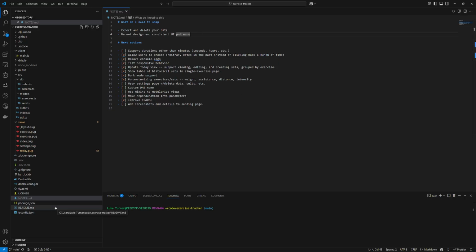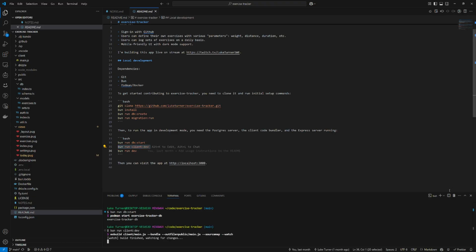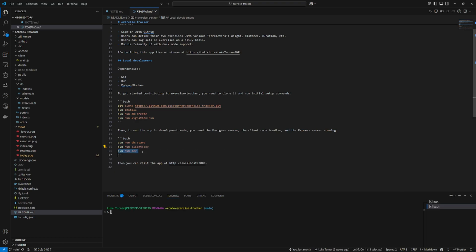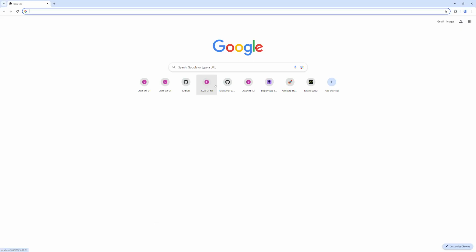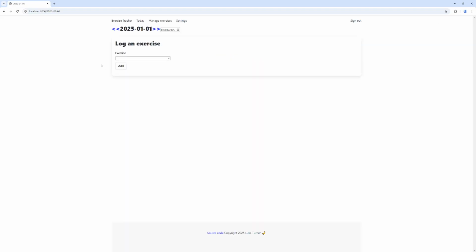Before we get too deep into talking about that though, let's actually start up the app. I'm going to run the database, run the client-side code bundler, open up a new tab, run the server. And then we can open that in our web browser. Go to today. Okay, so